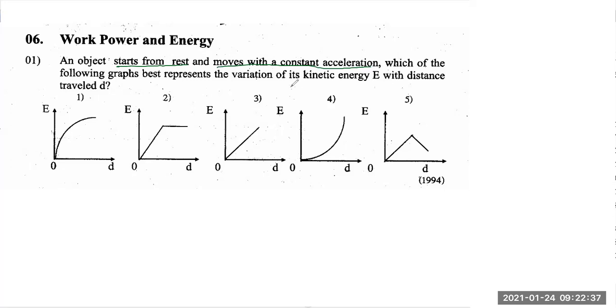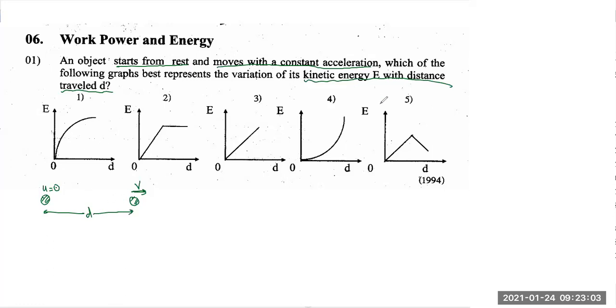You have to be careful. Kinetic energy with distance traveled, that's the question. So when you focus on this question, let's take the object. It's starting at rest, so initial velocity is 0. Then the object must have traveled a certain distance and it will have a velocity of v. So we need to find a relationship between this velocity and this distance.